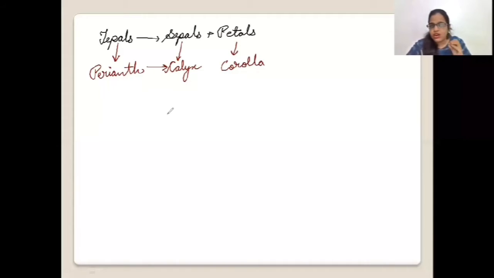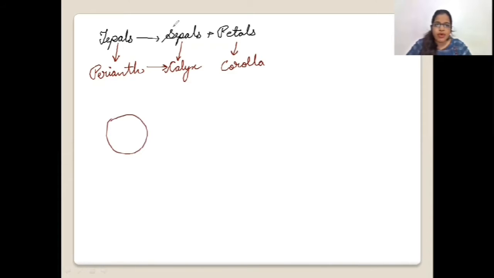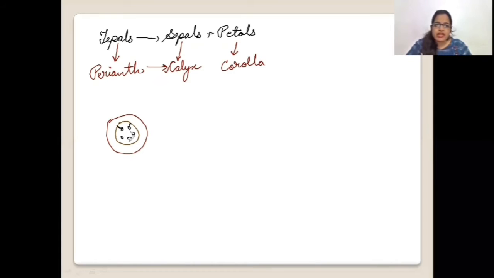Now, not in all families, but in some of the families, the two whorls become connected. Now, this is the sepals. Inside the sepals we have the petals, and inside the petals, what do we have? We have the stamens. Let's say that these stamens are attached to the petals which are present around them. In this condition, what do we show? This is the calyx, then this is corolla, this is androecium.